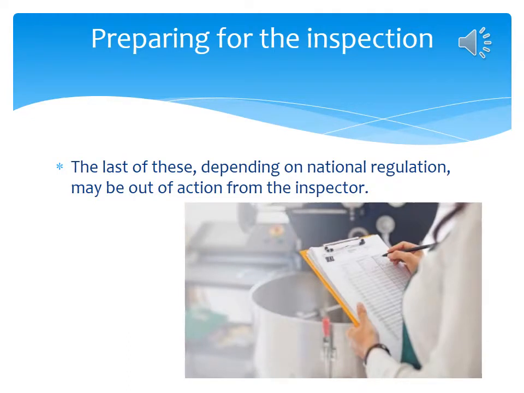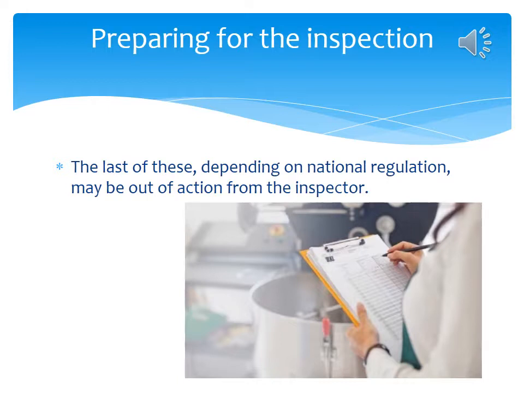The last of these, depending on national regulation, may be out of reach for the inspector. In some countries, a compromise is reached, with the company presenting the internal audit reports to the inspector for general information after the final report has been finalized. In any case, it should be possible to verify the frequency of self-inspections and to which parts of the plant